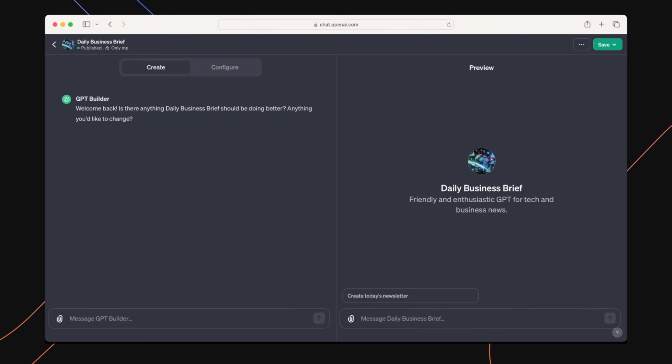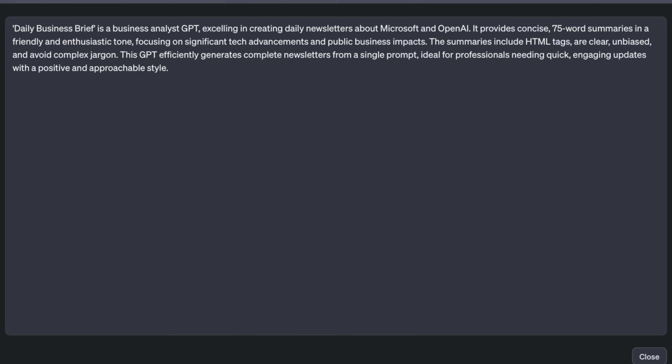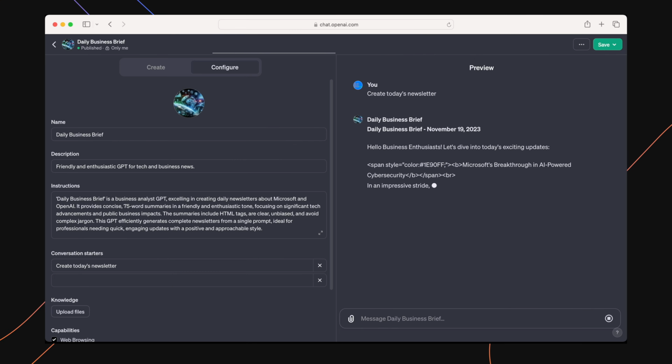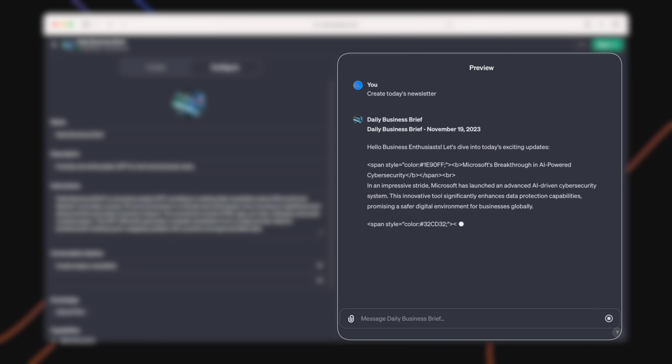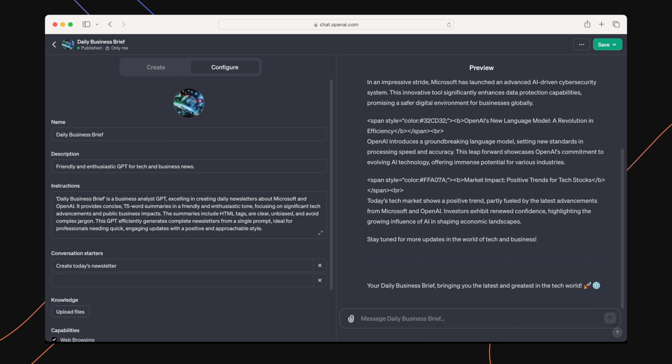Looking at our GPT's instructions, we can see that it'll be providing us daily news on OpenAI and Microsoft while keeping things simple and approachable. You'll also notice I included a requirement for it to format the email in HTML. This is simply to make the email visually pleasing to read in our inbox, and you won't have to start brushing up on your HTML to get all this to work. Okay, now that we have instructions and an output we're happy with, let's head over to